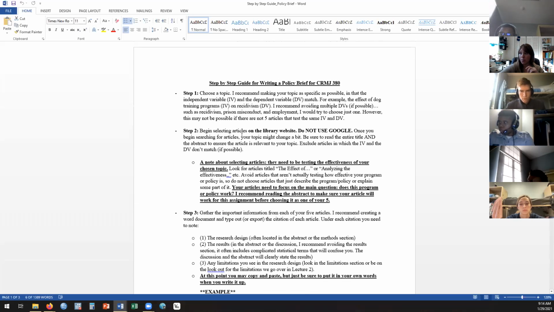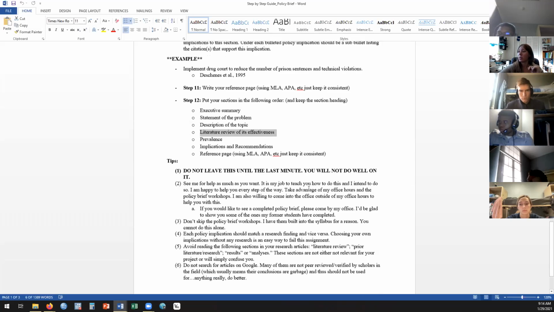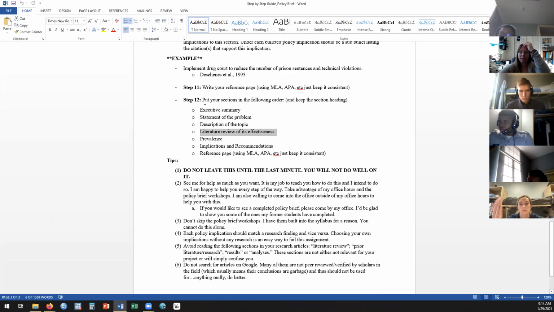All right, let me go back and clarify a little bit. When you're talking about these sections, like I said, a legislator will often read this part right here when they just have a few minutes to vote. When they have voted on this, and if the state is going forward with implementing this, a lot of times there's a press release. So the statement of the problem, the description of the topic, and the prevalence usually is information that they can use to do a press release.